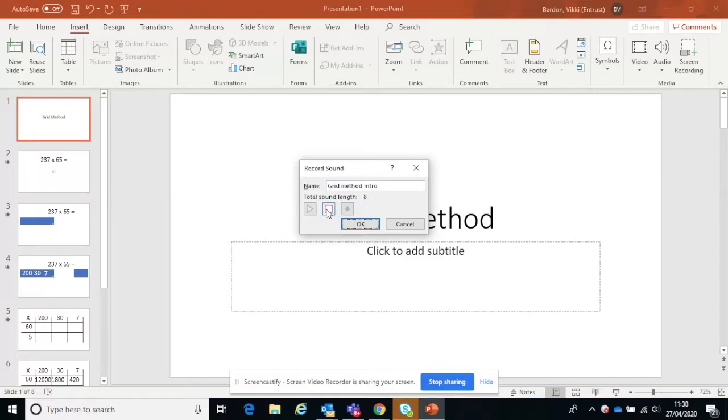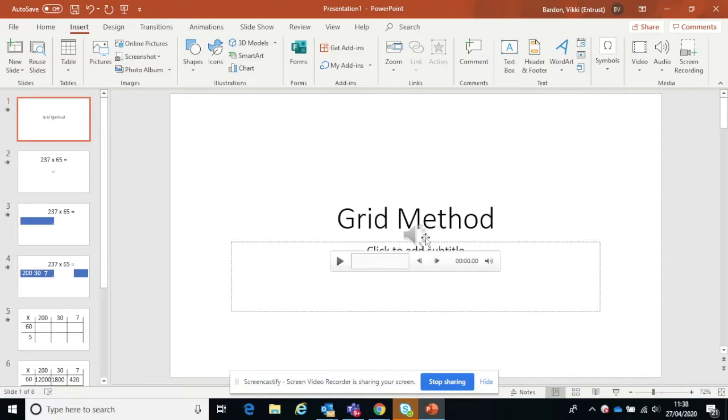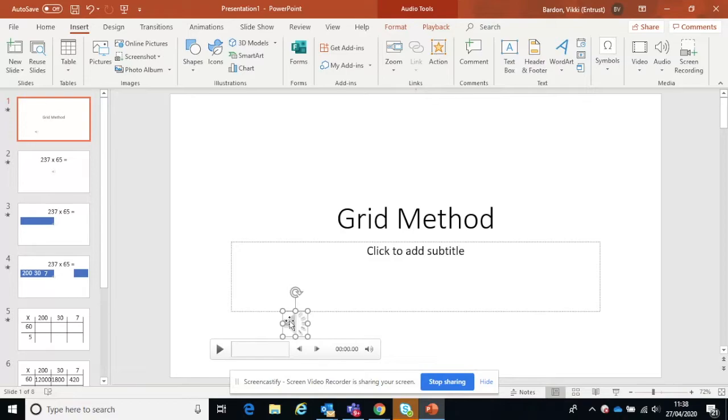Then hit the stop button to stop your recording. You can play it back. If you're happy with that, you can click OK and it will add it to your presentation. You can move it around onto your page, and when you click on the play button here, it would play